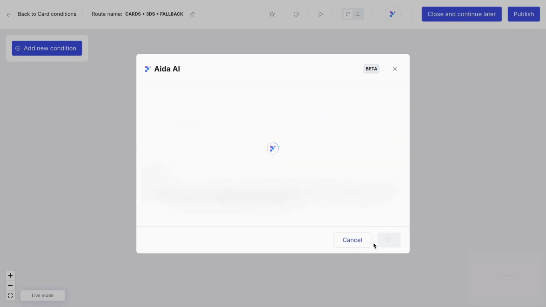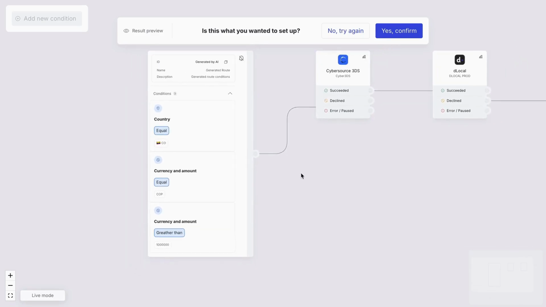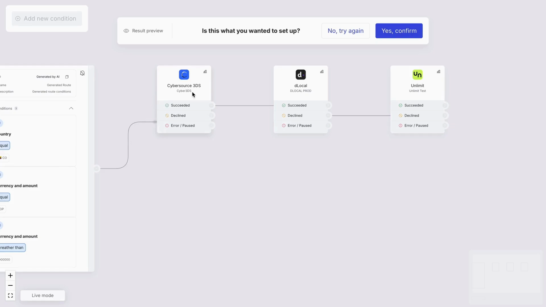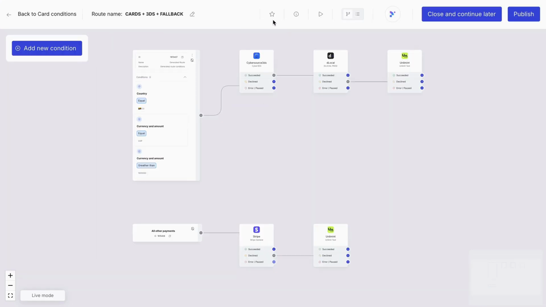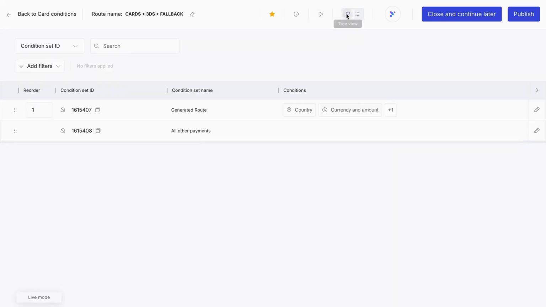And after clicking Generate Route, Aida instantly builds the full logic for us. No manual configuration needed. We review the structure and confirm that it matches exactly what we asked for. From here, we can make any final adjustments if needed. In the dashboard, we can manage all our routes easily, mark favorites, view details, and adjust the visual layout for